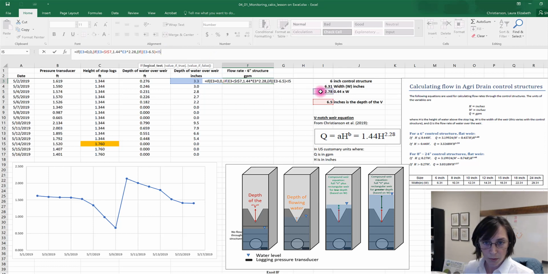this cell, 2.78. I'm going to lock that in place, and you can see this 2.78 just came from this value here, 0.44 times W. W, for my 6-inch control structure, the width of the plate or the width of the inside of this control structure, that width is 6.3 inches. So when I multiply 0.44 by 6.3, I get 2.78.